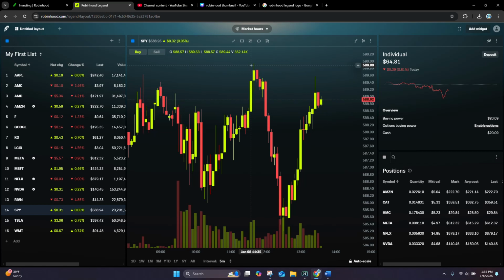Hello everybody, it's Blogger, and in today's video, I'm going to be showing you how to draw trend lines with Robinhood Legend, and it's actually really simple and easy to do. So the first thing you want to do is pull up Robinhood Legend and load up your chart. If you don't know how to do this, I just made a video on how to get your Legend